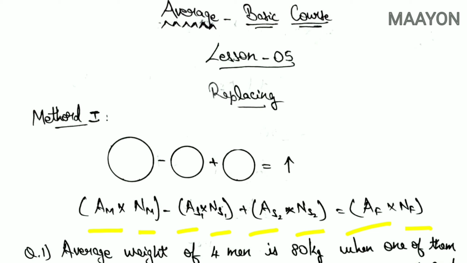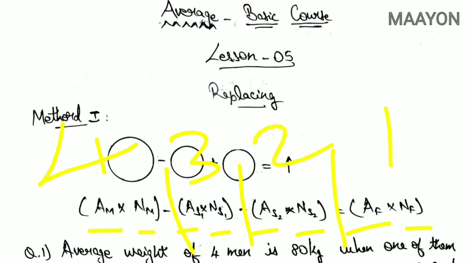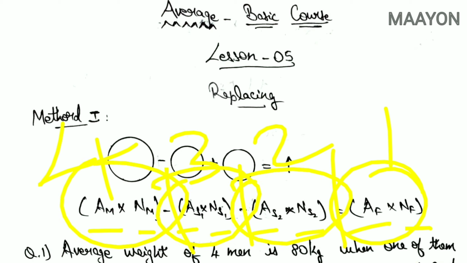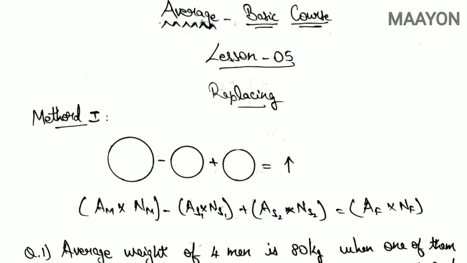This equation can be divided into four parts: 1, 2, 3 and 4, and there are 4 types of sum that can be asked from it. In each sum, each part would be termed as unknown and we have to find it. Let's start from type 1.